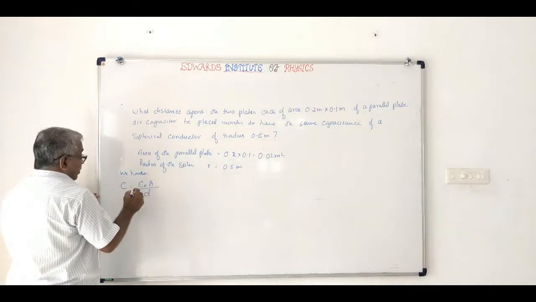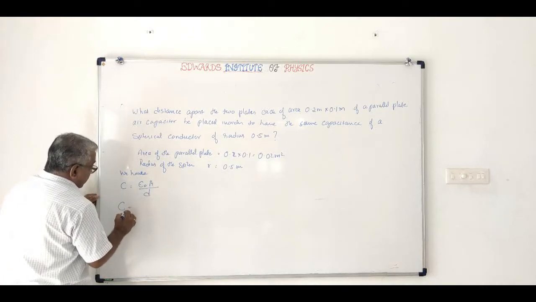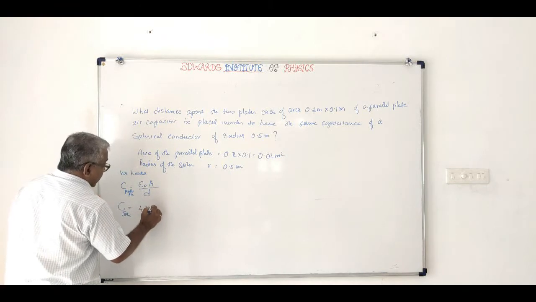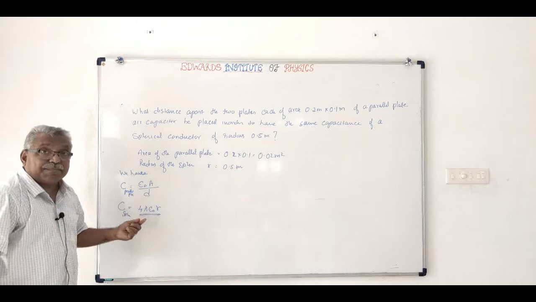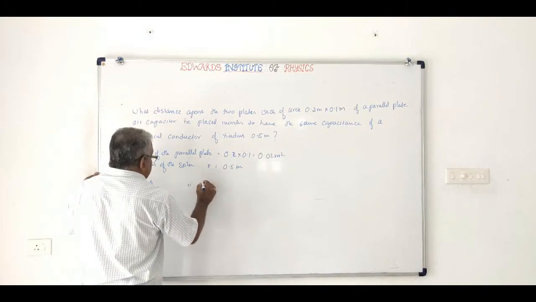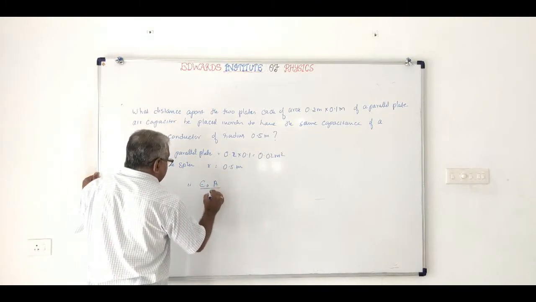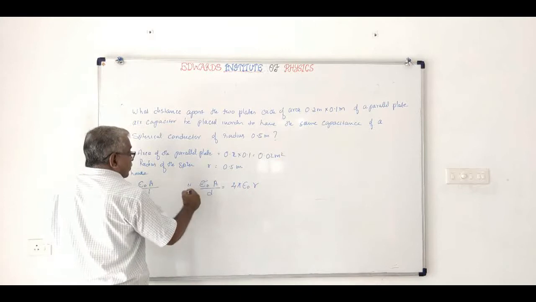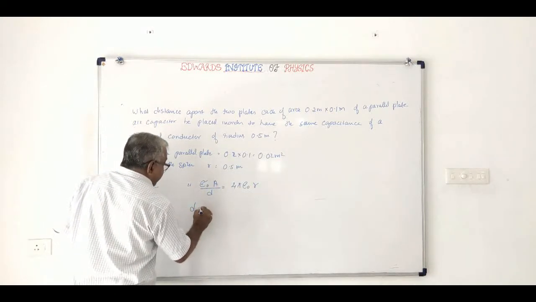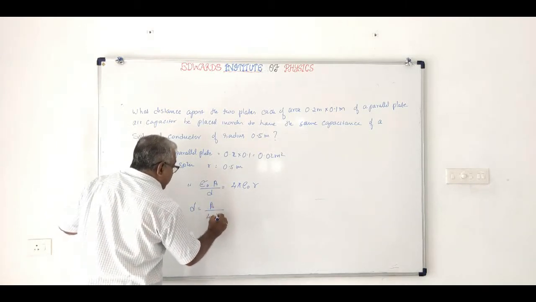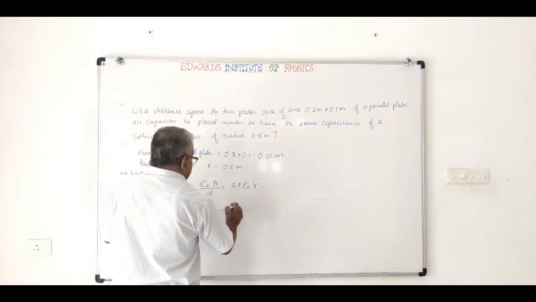And what is the capacitance of a sphere? It is 4 pi epsilon 0 r. This is the capacitance of a sphere, and these should be equal. That is, the condition is that epsilon 0 A by D is equal to 4 pi epsilon 0 r. Then what will be D? D will be equal to A by 4 pi r,